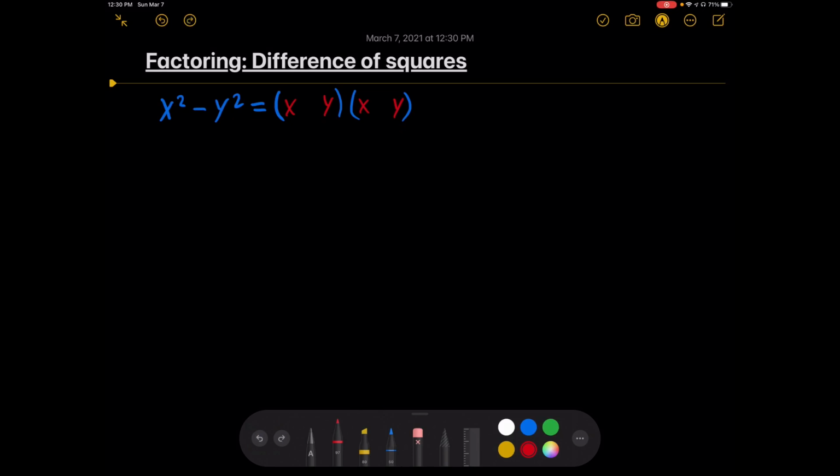So what's interesting about the difference of squares is usually you have to add a second part here to this side that's going to be like something xy, a number and then xy. But when you're doing difference of squares, you don't have to. So all you have to do is think x plus y, x minus y. For difference of squares, x can be any number, y can be any number. That's just how you do it. So I can show you how to do this with an example problem,